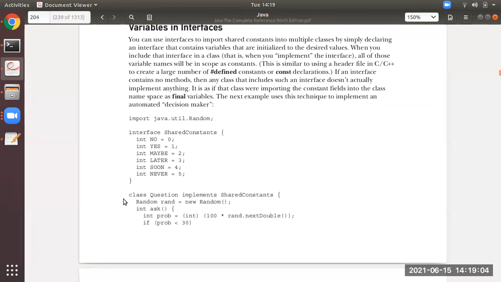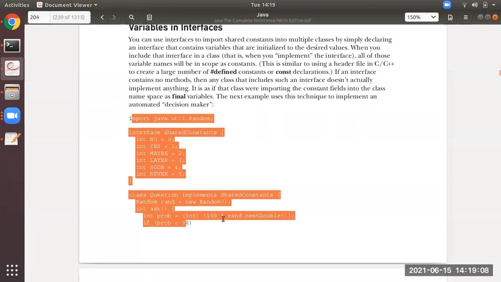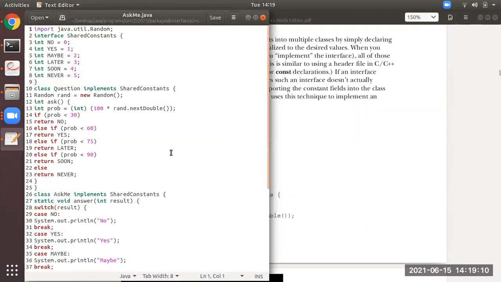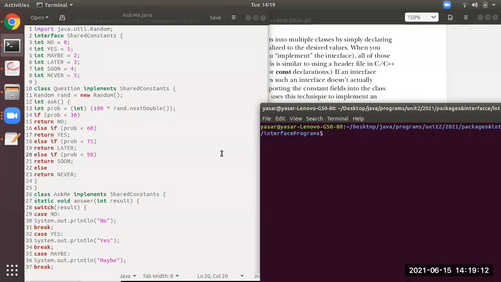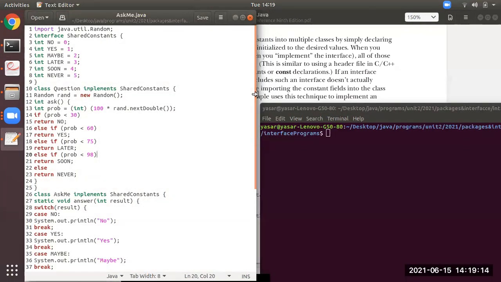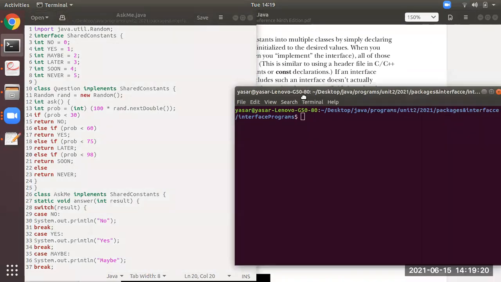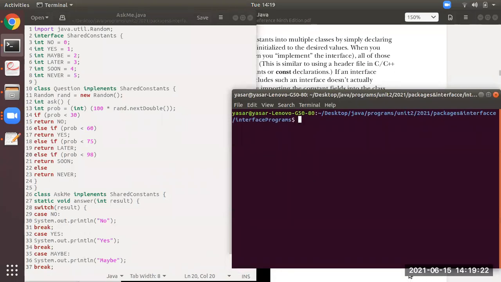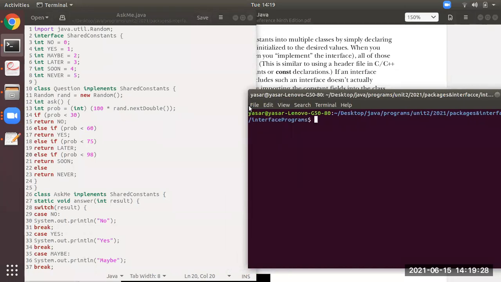Now, I have already copied the complete program, and you will learn a few things from these programs that I will show you and explain. You can see here from line number 2 there is an interface.